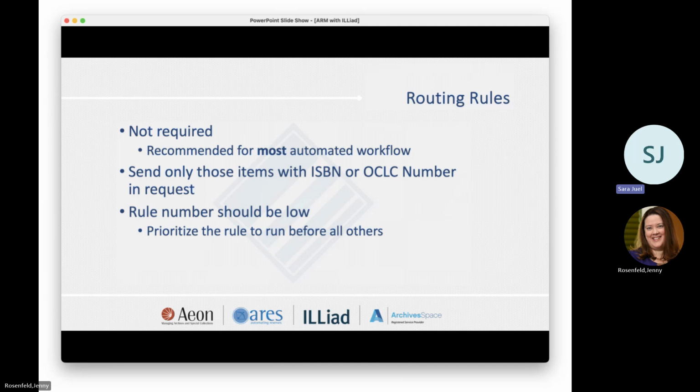And you do need to make sure you have either an ISBN or an OCLC number. And we highly recommend having these rules lower in your list to send over, but also just account for, you might want to have a rule for loans and a rule for copies, so that way you can kind of separate out when they go in the process. For example, if you're going to send through Rapid first, you might want to go ahead and just send loans over to OCLC, but then have your copies go through Rapid. And if they can't be filled, then you can send them through direct request to OCLC.